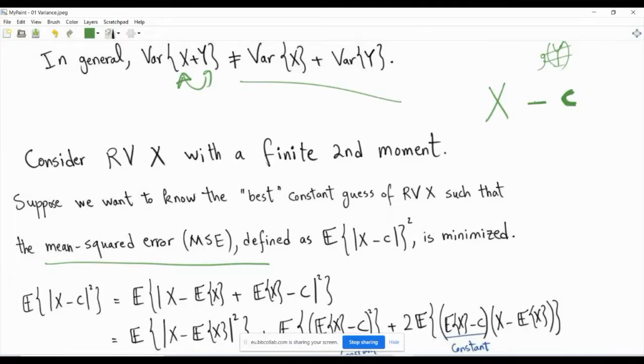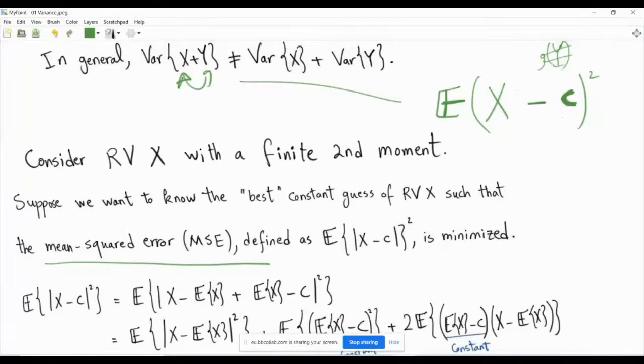And again, the mean square error means that you will square this thing. And when you square the error, it means that you don't care about the sign of the error. So in other words, if c is less than x by something, or greater than x by the same amount, those are considered the same. You don't care about the guess being greater than or less than. So you square, and then x is a random variable, so you do the expectation. So this is called mean squared error.